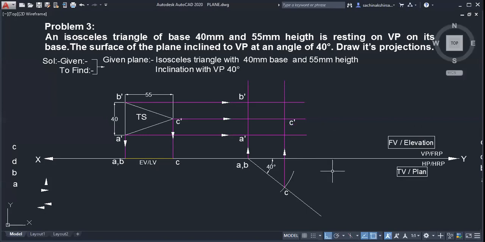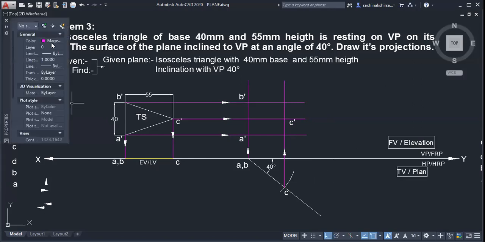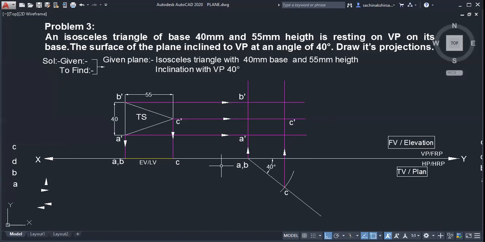It will come here. Now we got A dash, B dash, C dash. Now what to do? Join A dash, join B dash. Simply we have to join these points. So join it: from A dash to B dash, B dash to C dash, and C dash again back to A dash, so that whatever view is there should be dark again, because it is your final